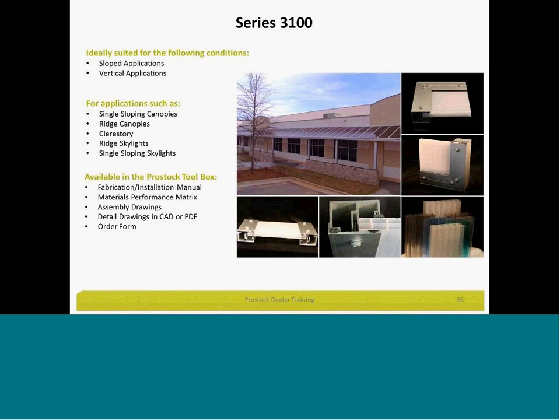The next system is the Series 3100. We use this system, not necessarily exclusively, but we use it for sloped as well as vertical applications. So if it's on vertical, it's got exposed fasteners, so that's your call on that option. But notice it's a very low profile system. This does allow water to shed off easily off of a sloped canopy as an